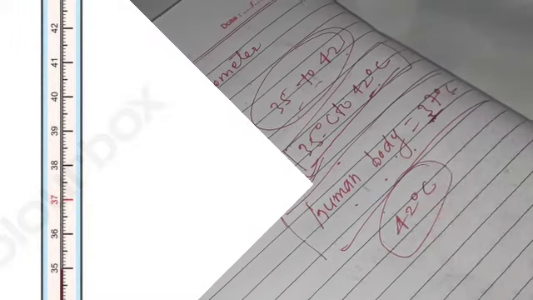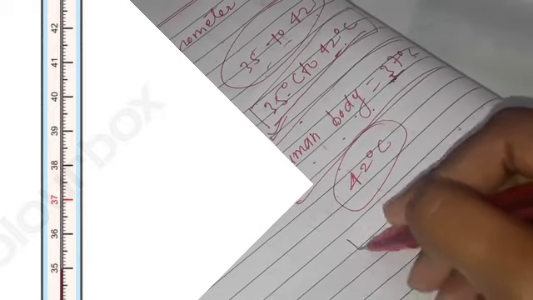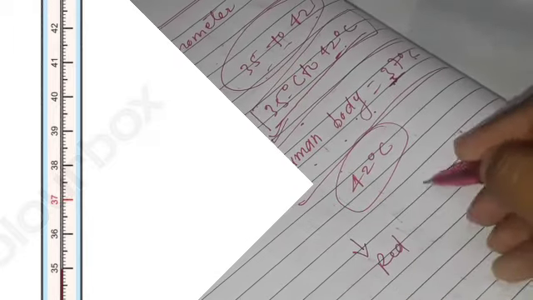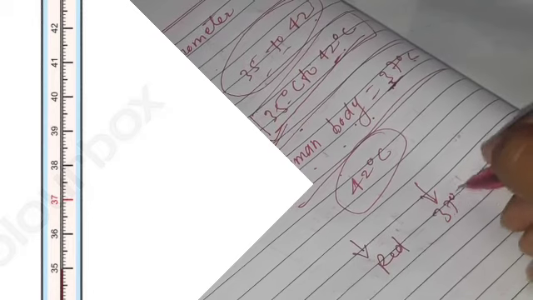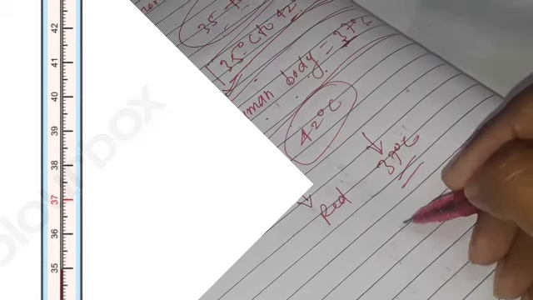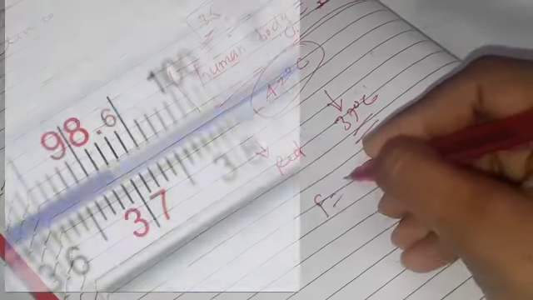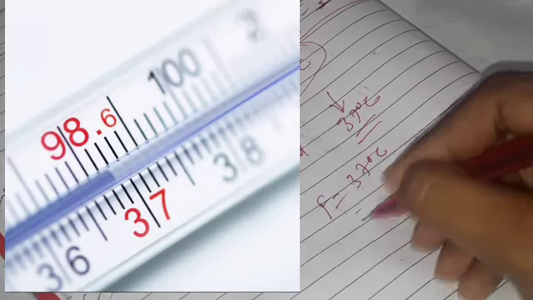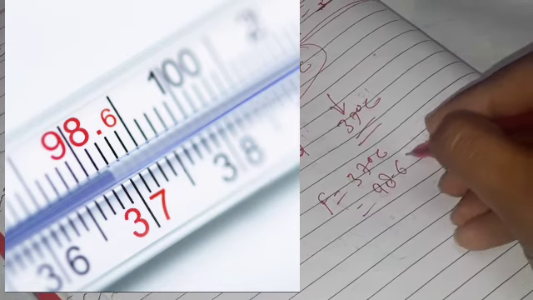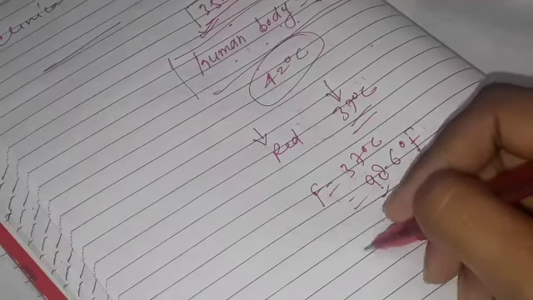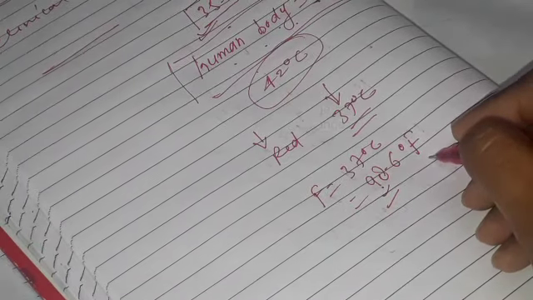This is a picture of clinical thermometer. You can easily understand. So you can see there is a red mark. There is a red mark in 37 degree centigrade. You can see easily there is a red mark in 37 degree centigrade. And one more thing which is very important, in Fahrenheit 37 degree centigrade means 98.6 degree Fahrenheit. So it's very important for you also.